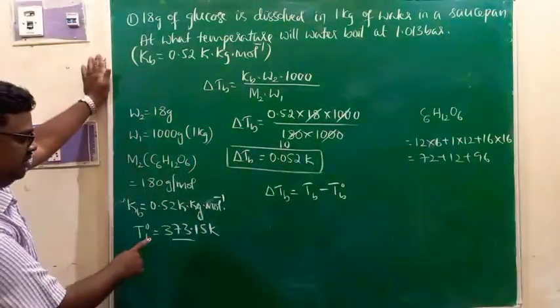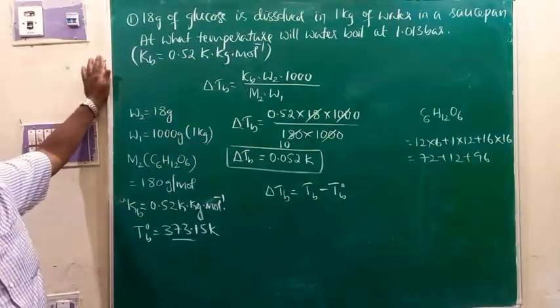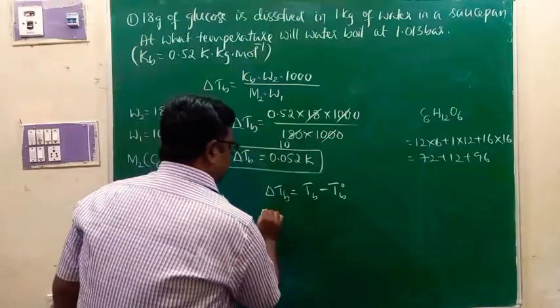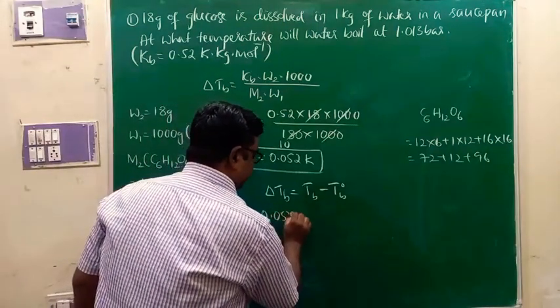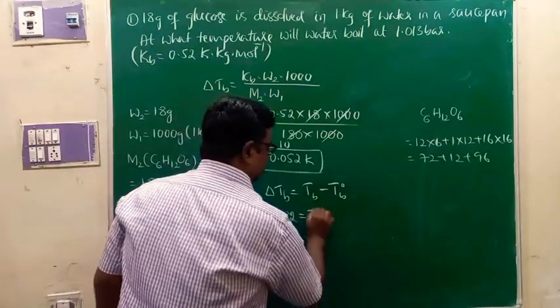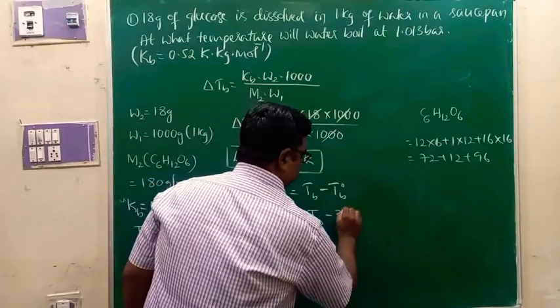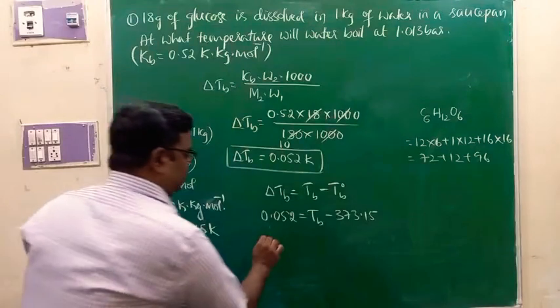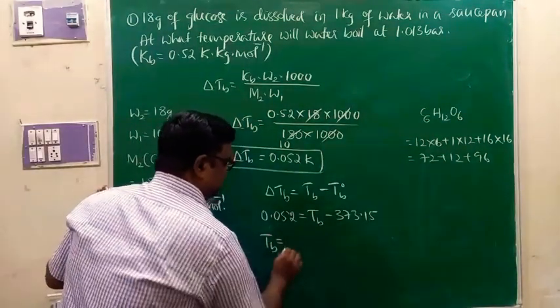The boiling point of water is 100 degrees Celsius, 373.15 kelvins. Now see, delta TB is 0.052, equals TB minus 373.15, and therefore the boiling point of solution equals